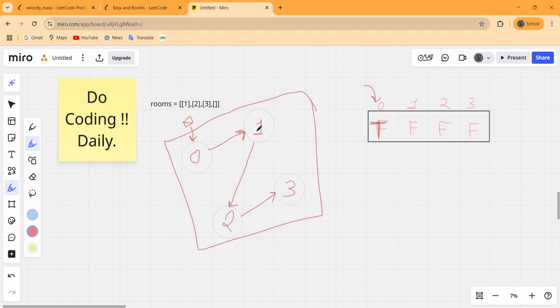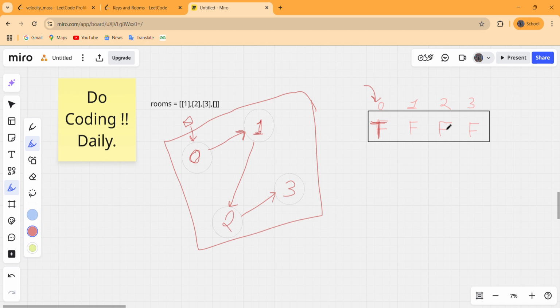There is a dependency for every room on every other previous node. That means this one can be opened from the 0th, and we have 0 as opened for us, so this one can be opened and we can move on to this one. If we are on this 1, we can move on to this 2, and if we are on this 2, we can move on to this 3. Moving on every node, we can mark those as true as well. After completing the DFS for this graph, we can check in our visited array whether there is any room that is marked unvisited.